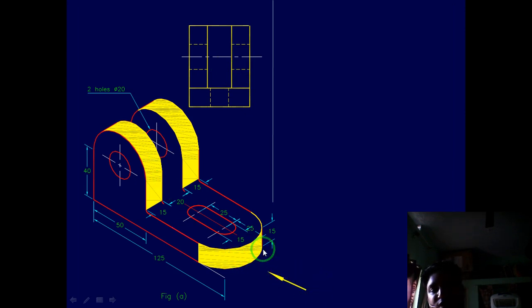Now in the side view, this semicircle will look like a rectangle. This vertical semicircular web will also look like a rectangle when you are viewing from the right side. So this is simple. This rectangle is how much? 15 height, and width 50. Now from here, the height: this is 50 diameter and the radius will be 25. 40 plus 25 is 65. From here to here it will be 65. You just have to close it, that's all. Nothing can be done beyond that.